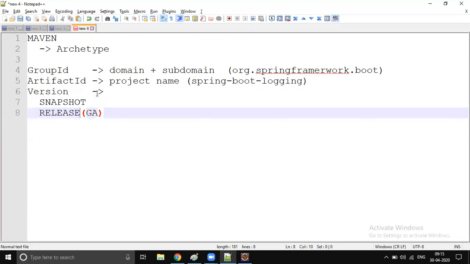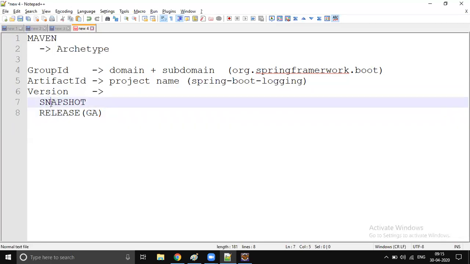Snapshot is an intermediate image, during the development phase. Exactly. If any version is marked with snapshot, it means it is under development, and it is not recommended to use it as your dependency.